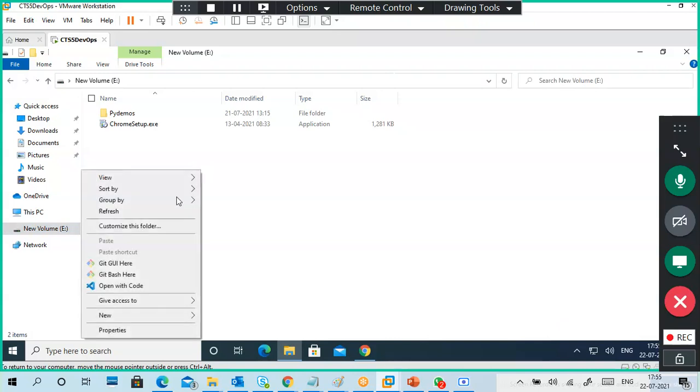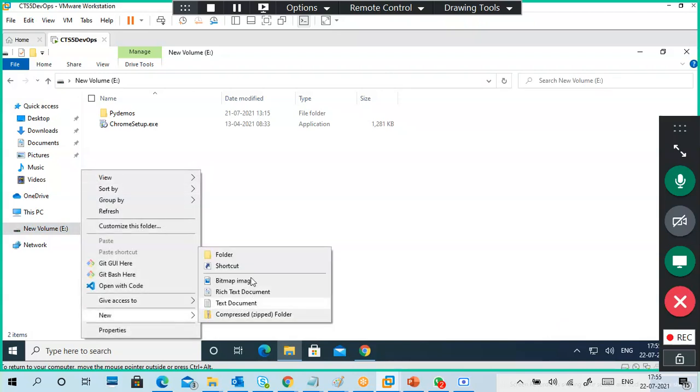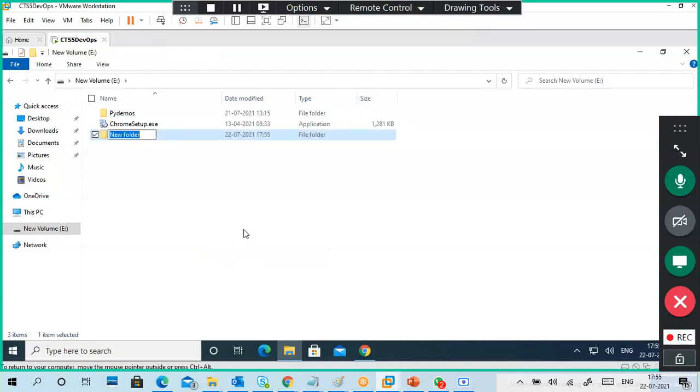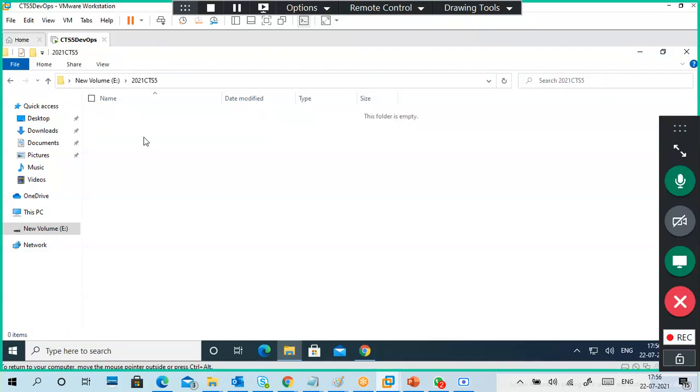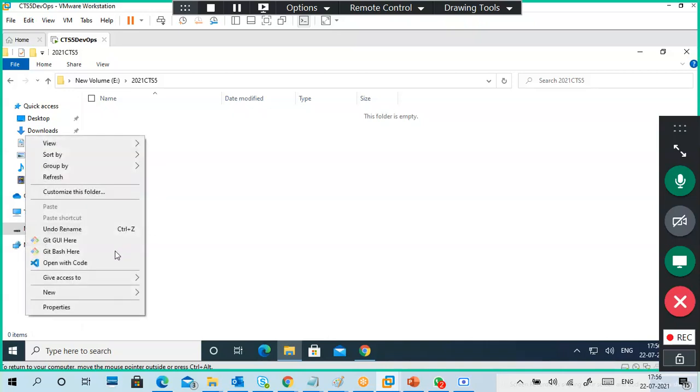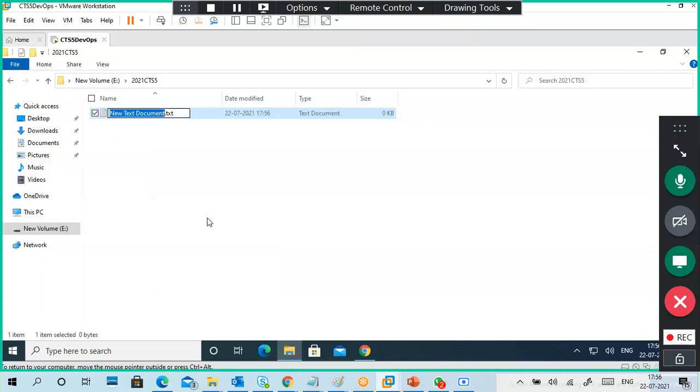Next, I am going to create a folder here directly, or maybe you can also create it inside a folder, no problem. I'm creating it now because it's the first time. Normally I will create a folder inside a folder, with a complete architecture and all. So I'm using a folder I created. And I'm creating a file. You can create a file anytime, you just have to create a folder first, that's it.